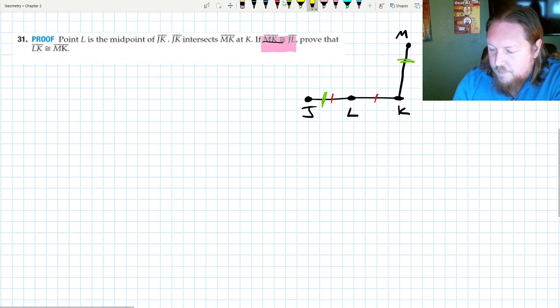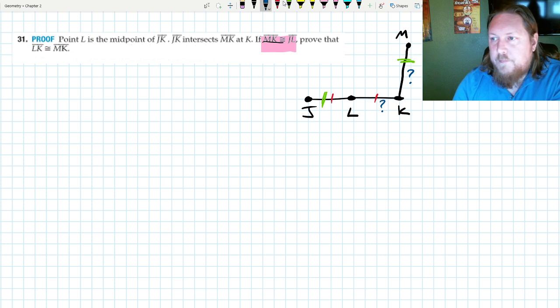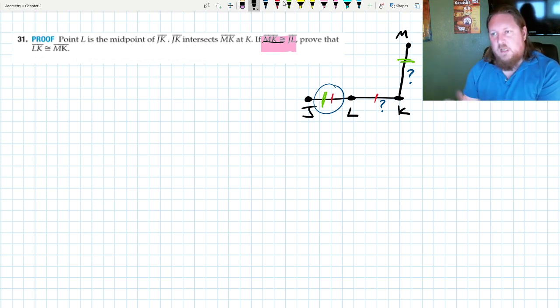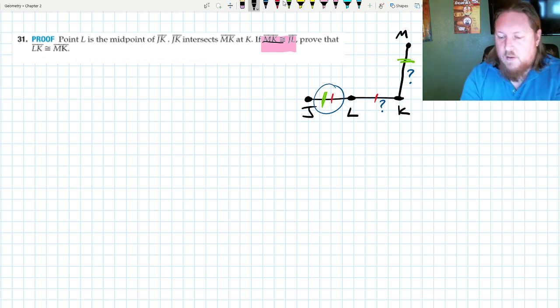So our last little bit is we're trying to show LK and MK are congruent to each other. Well, two things happen to be congruent to the same segment. Notice I have the same marks here. That means I'm going to be using the transitive property again. We just have to set everything up so that we have all the pieces lined up so that we can use that transitive property. So,